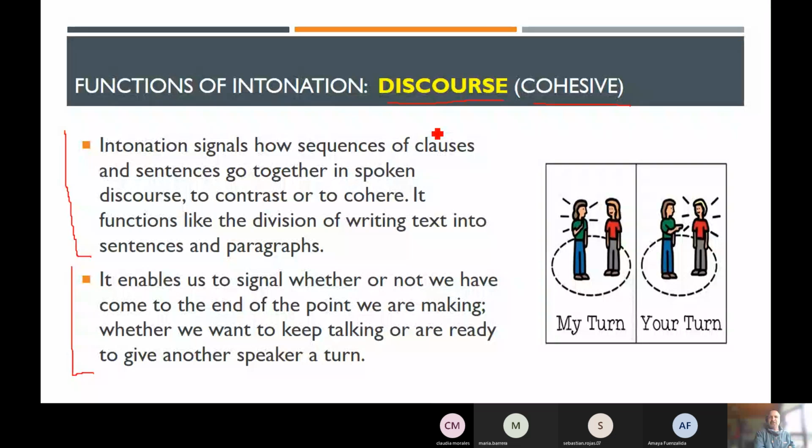So you give cohesion. It's like when you're working for school on a specific task, right? When you were children and you glued things together, right? So intonation also helps